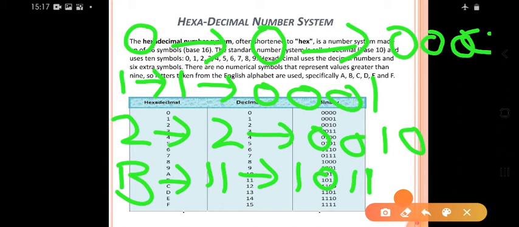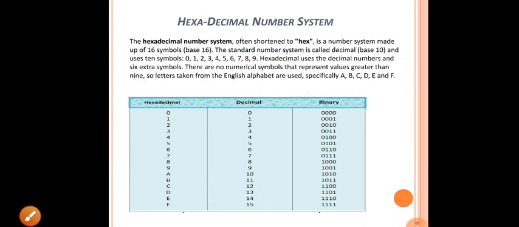So keep in your memory that if A, B, C, D, E, F are given, then we are talking about hexadecimal numbers, and the grouping is of 4 digits. Always keep in mind: 4 binary digits for hexadecimal, 2 binary digits for binary numbers, and 3 binary digits for octal numbers. And this is the representation which is given in front of you all.